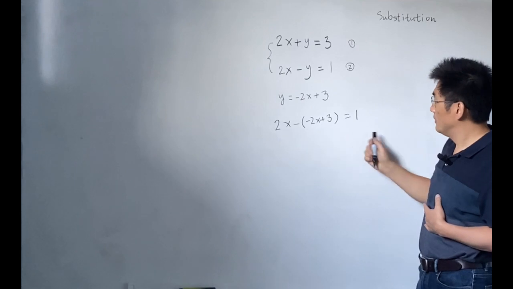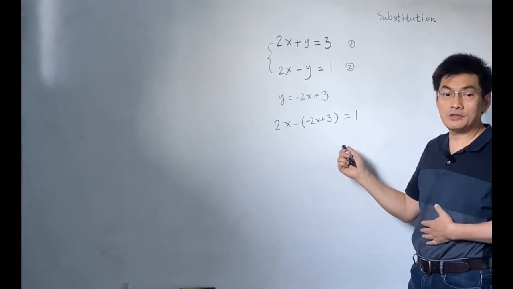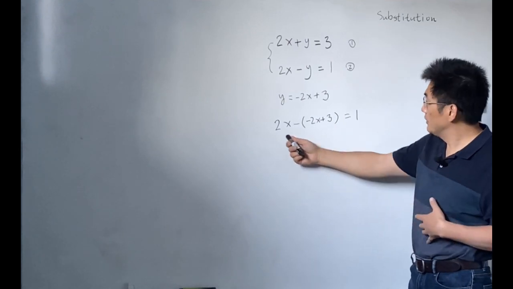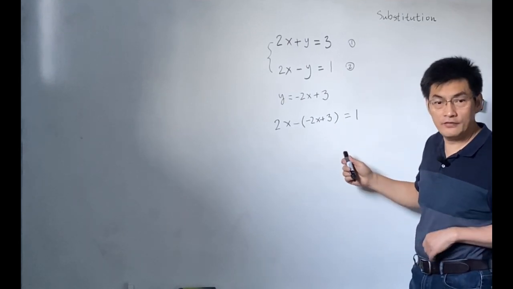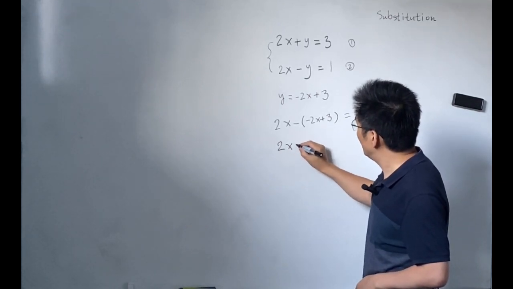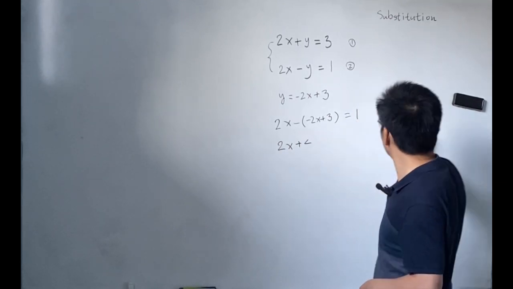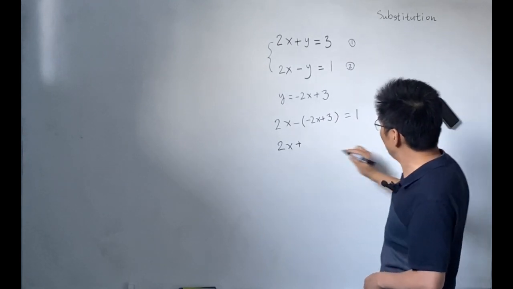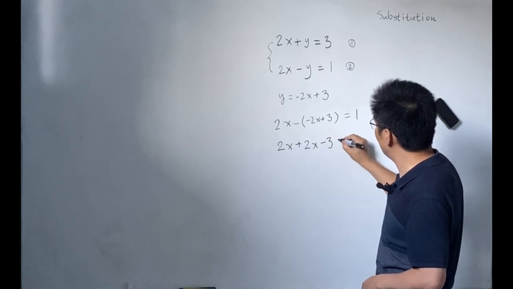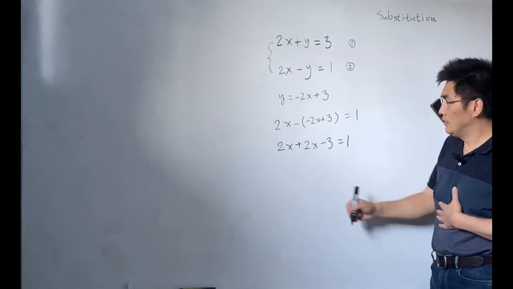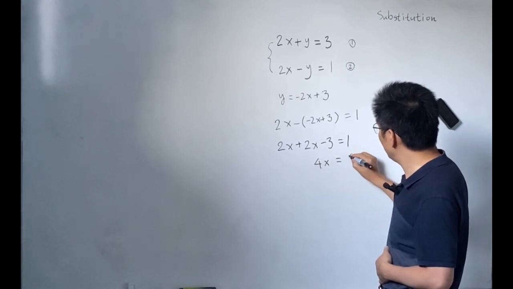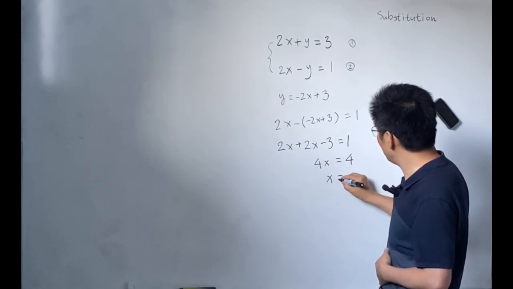And what is this? This is a linear equation, right? We already know how to solve a linear equation. And here we have a linear equation. We just have to solve the linear equation. And then this becomes 2x plus, this is plus 2x and minus 3 equals 1, right? So we have 4x equals 4. X equals 1,